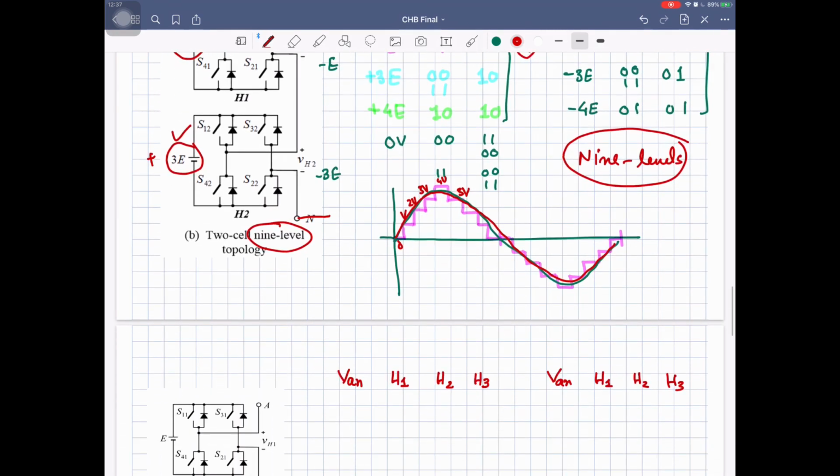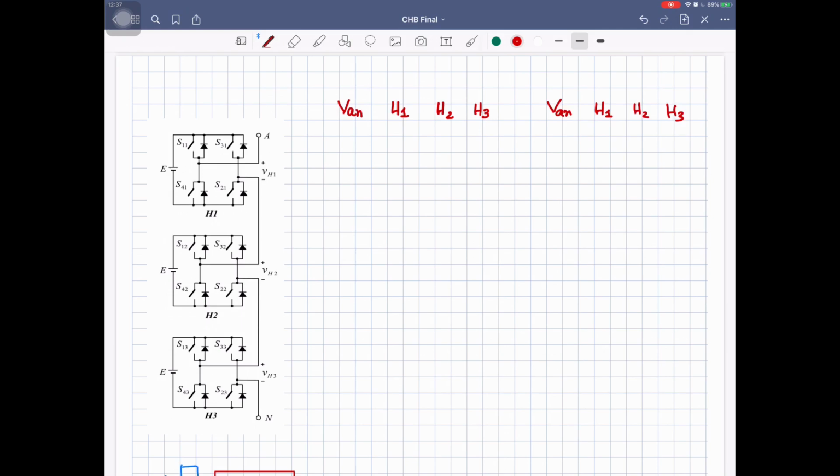Okay, now let's move toward the 3 cascaded H bridge inverters. The simplest combination is with E, E and E over here. So what maximum voltage can you get? 3E, because all of them can be turned on. By turn on I mean 1 0 applied to all of these inverters with respect to the high side switches. So we can get plus 3E at the maximum, where E is the DC voltage that we have.